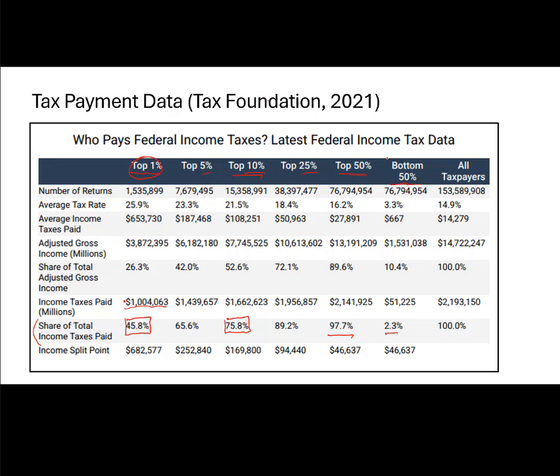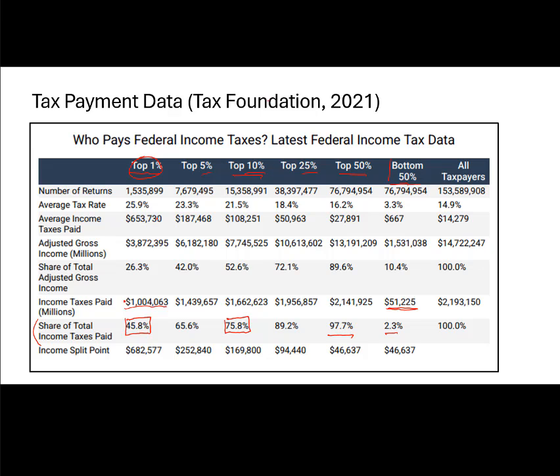The bottom half of earners are responsible for 51 million, almost nothing. It's a pittance. Okay, so this is tilted towards hitting the high income earners really hard compared to the low income earners. Now, it's kind of a political argument, and it's always going to be a question of how much is enough or too much. And that's kind of going to be based on your political value judgments, right?